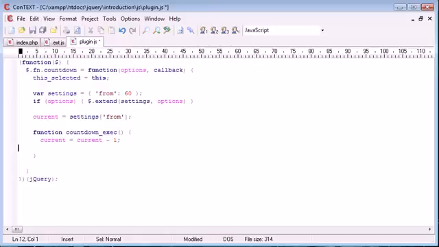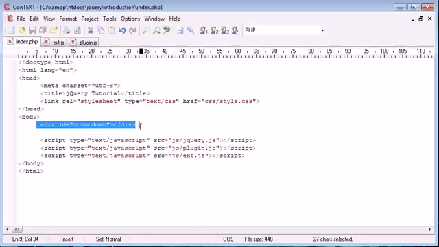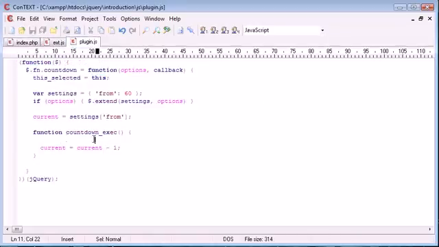Quite simple. What we then want to do is place the current value inside this_selected, which is this countdown div. So we say this_selected. Remember, we're using this outside of here because it's now global. Dot text